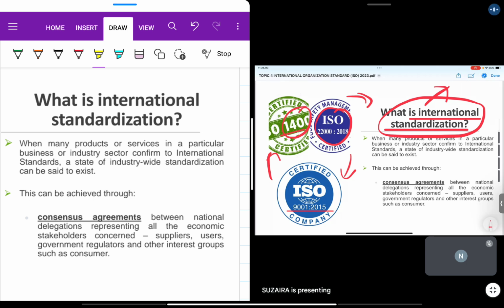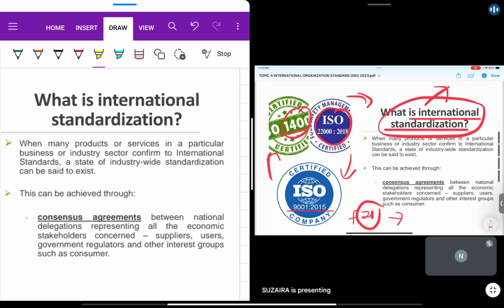Okay, so for standards, even in Malaysia we have a technical committee for Malaysian standards. For example, if we talk about food processing or anything in the food area, we have TC 21. TC is a technical committee. So these people sit together and develop a new standard. Or sometimes they just revise a previous standard that has already been published. So more or less the same. It looks similar to ISO.